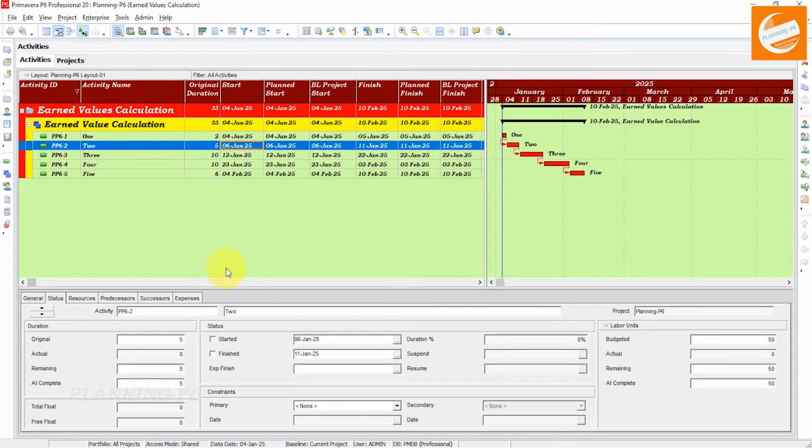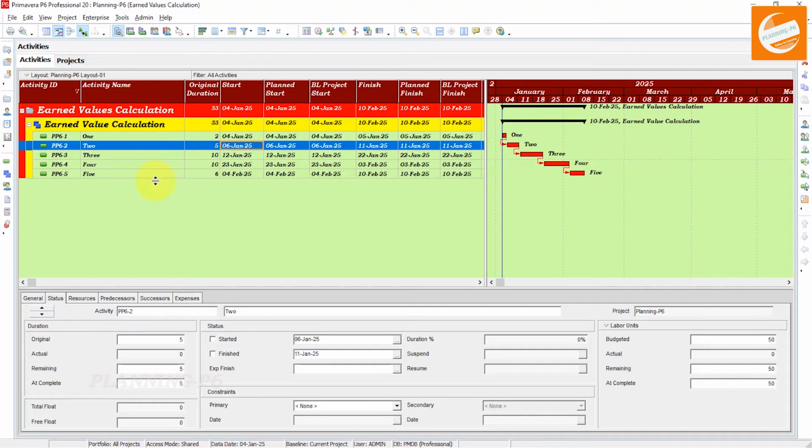After opening the Primavera P6 software, you can see here I have added five activities, and I have given them the relationship finish to start with no lag, and I have changed the activity duration. Here you can see the different activity durations, and I have imported those columns.